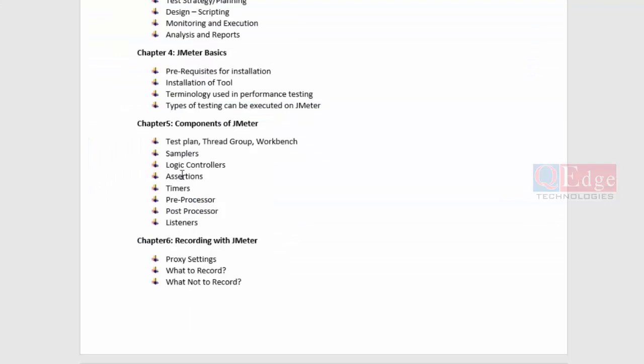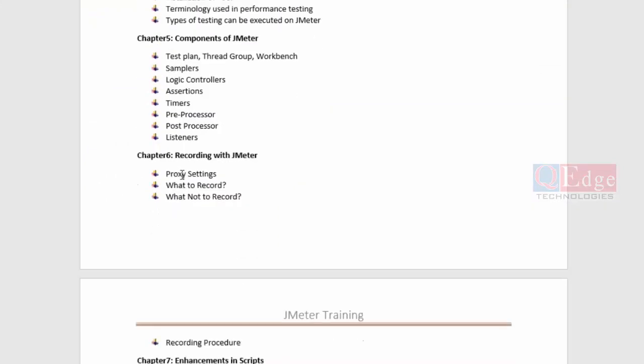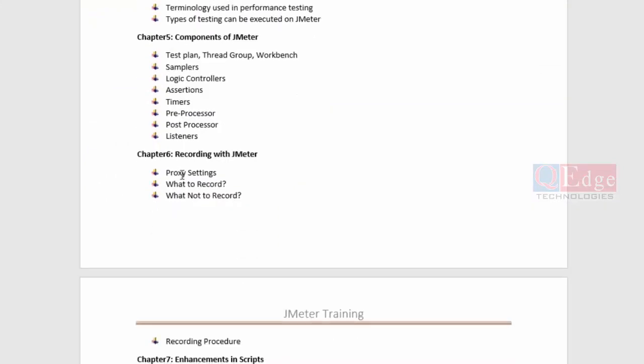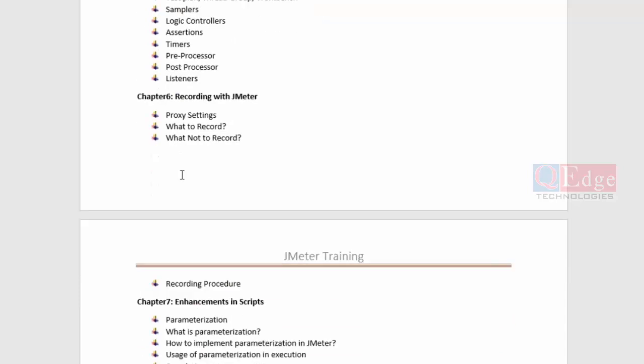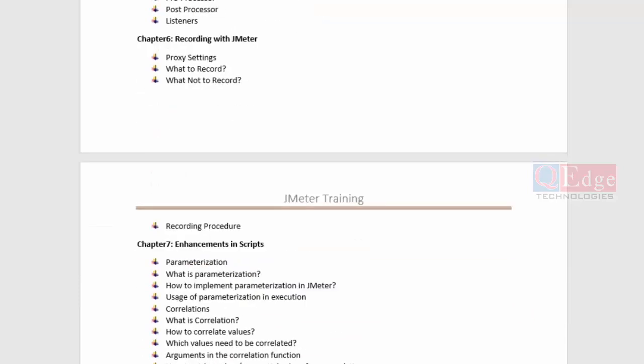Each and every component of JMeter has been described in the standard JMeter wiki. We'll go through the recording aspects, how to define it and what to do, how to troubleshoot in case of errors, what to record and what not to record, and the best practices of usual script recording.